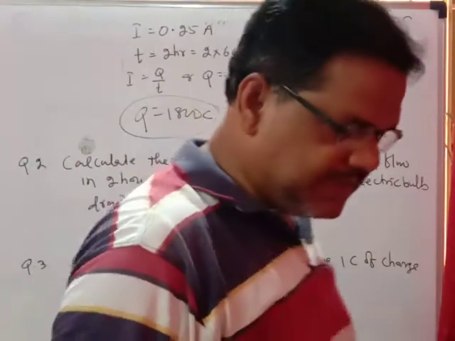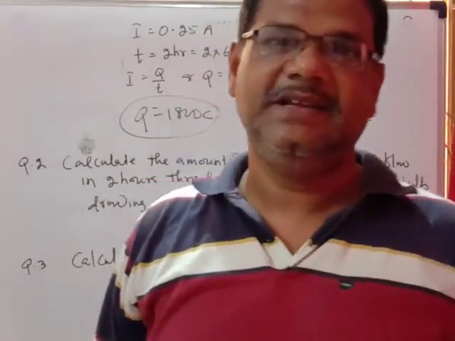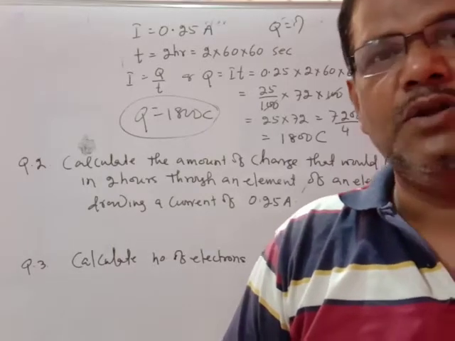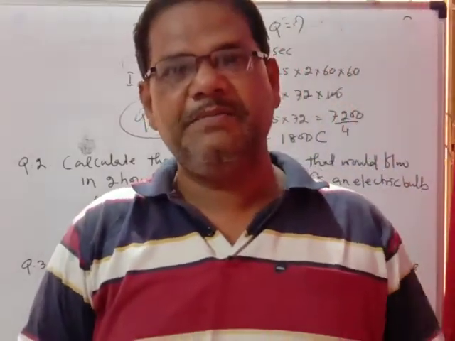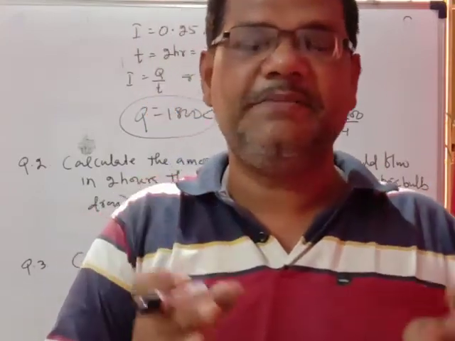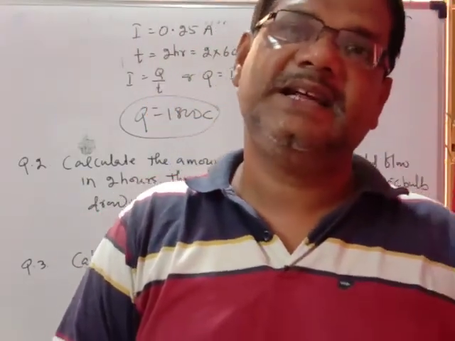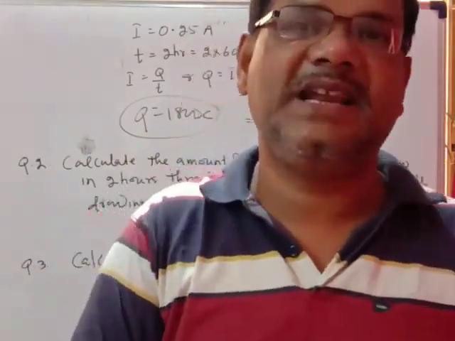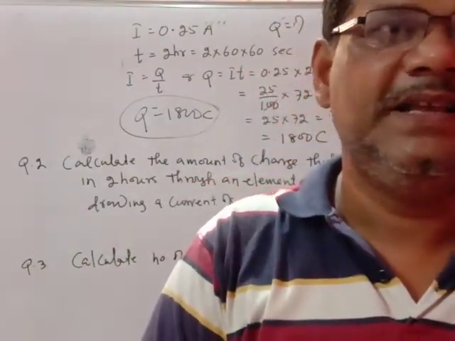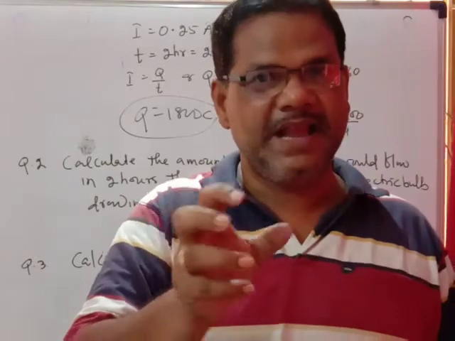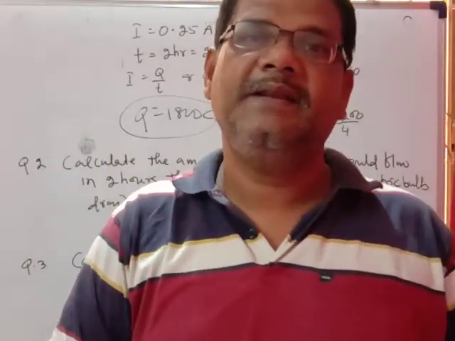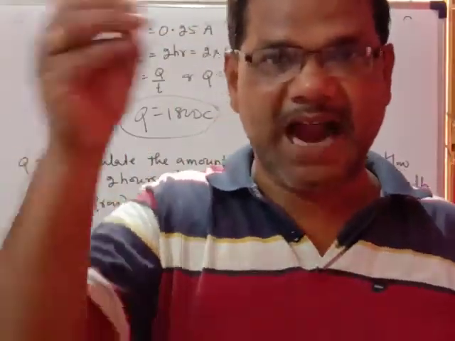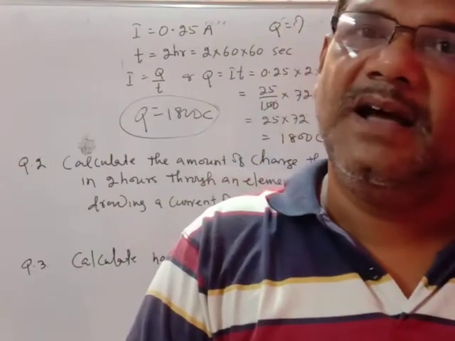I would like to tell you something about that charge actually. What is that charge? Charge is the intrinsic property of the object that it gains by losing or gaining electrons. How do you know that a body is getting charged? The body is getting charged if it loses the electron or it gains the electron. Actually the free electrons are responsible for charging the body. So whenever the electrons are taken out or lost, the object becomes positively charged, and whenever the electron is added, the object becomes negatively charged.